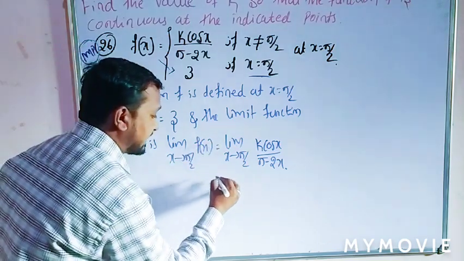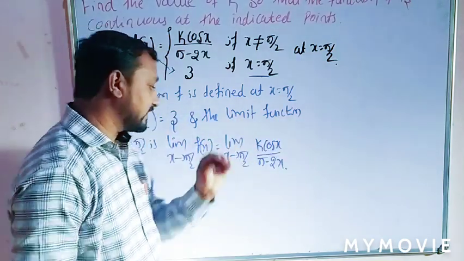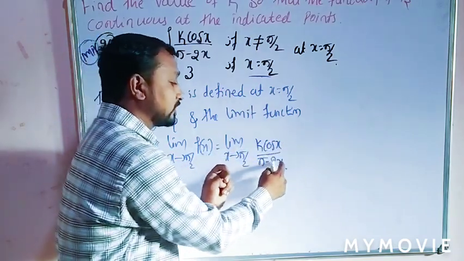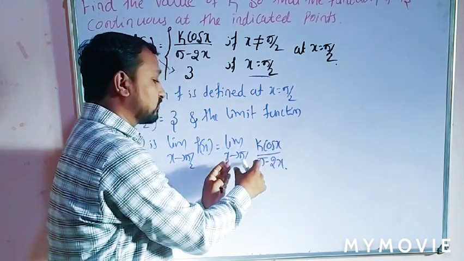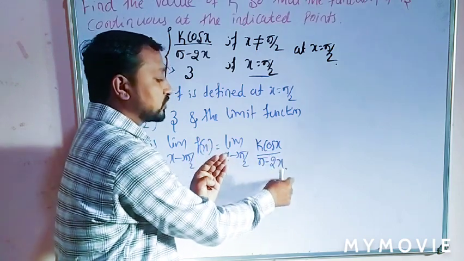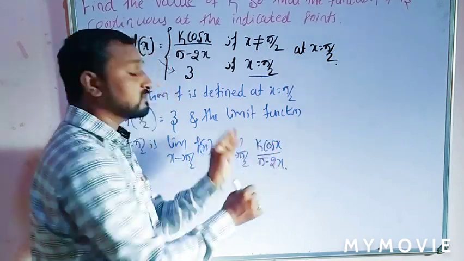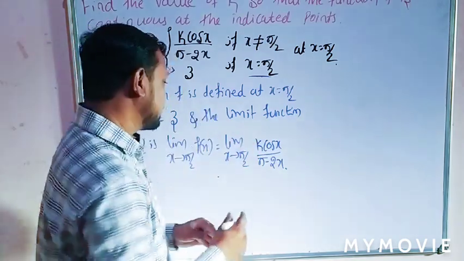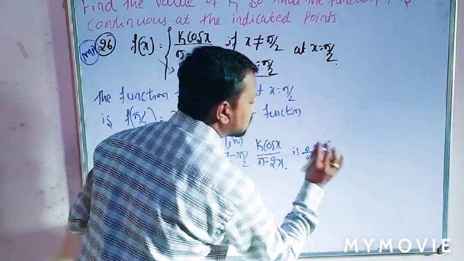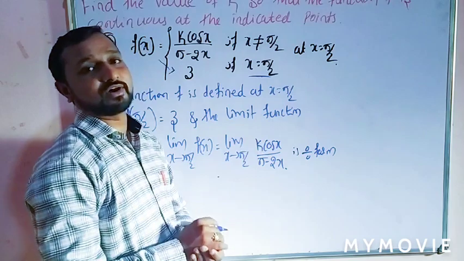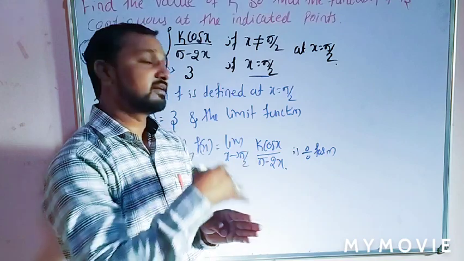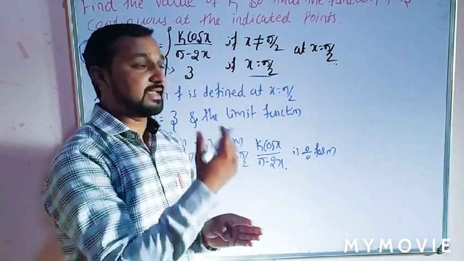So then, next step, we apply the limit as x tends to pi by 2, that is k cos pi by 2 divided by pi minus 2 into pi by 2. Here in the numerator, putting x equal to pi by 2, this is 0. And putting x equal to pi by 2 in the denominator, the 2 gets cancelled, pi minus pi is 0. So this is of the 0 by 0 form. Is that clear? It is 0 divided by 0 form, which is an indeterminate form. In indeterminate form, we solve numerator and denominator separately, by the L'Hospital rule.